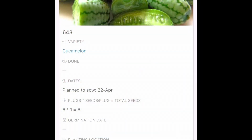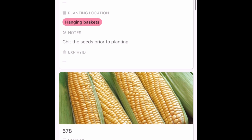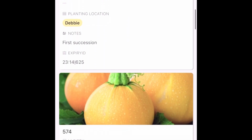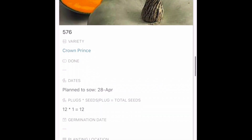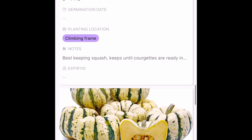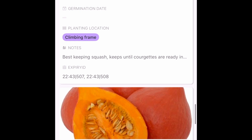And I've got a few fruits still to sow this month. I've still got the cucamelons to do. I've got the sweet corn to do, and I've got my outdoor squash, so the yellow ball courgettes, the tromboncinos, the crown prince squash, winter buttercup, sweet dumplings, uchikuri,